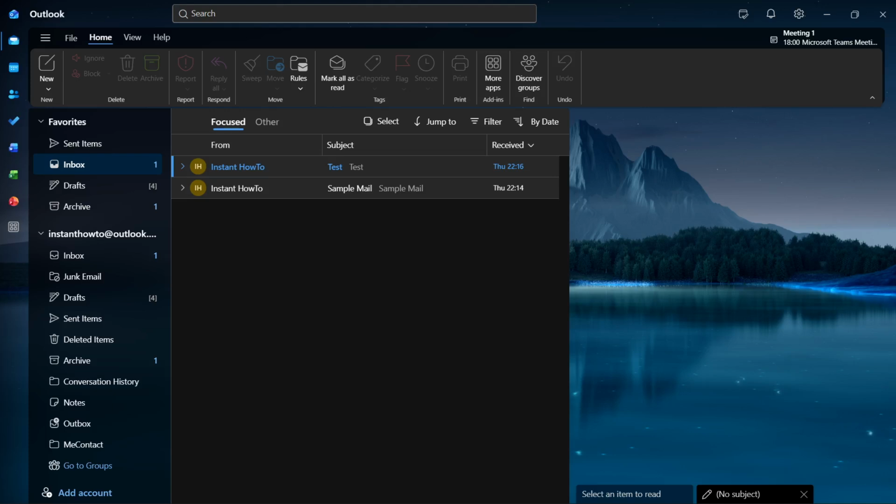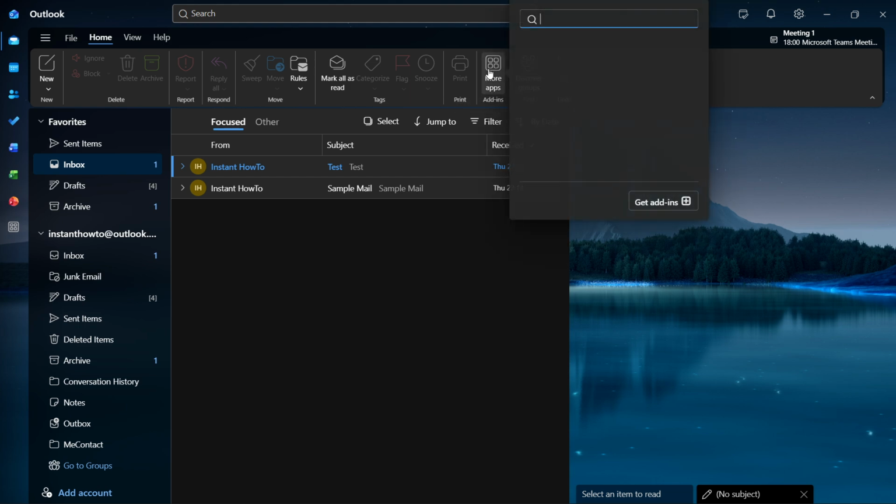In this video, I'm going to show you how to enable add-ins in new Outlook. Now to do this, first you want to open up Outlook, go to the top here on the Home tab, and then from here on the right you can see More Apps and it says Add-ins. So you want to click on More Apps, and then click on Get Add-ins down here at